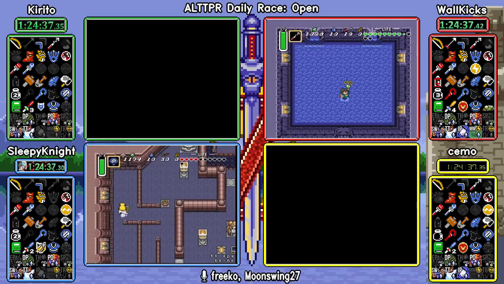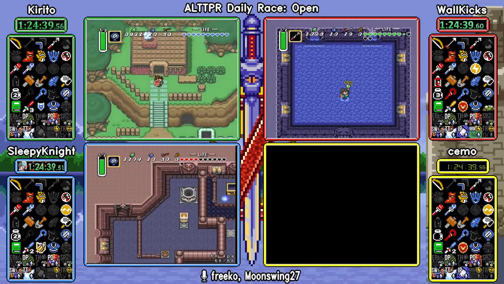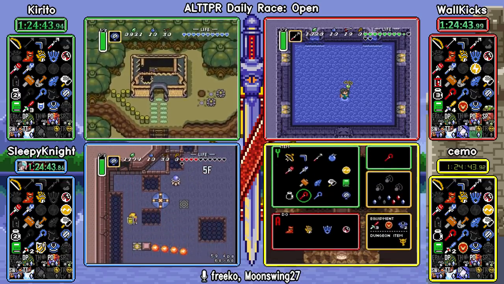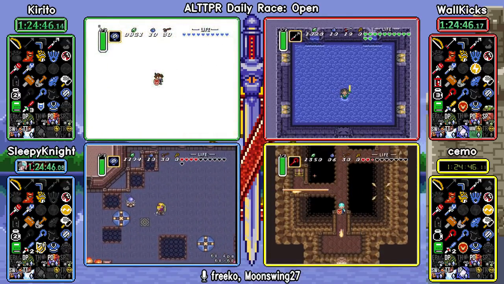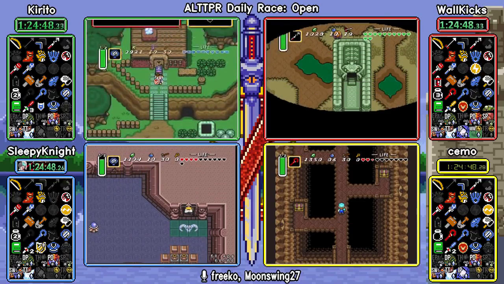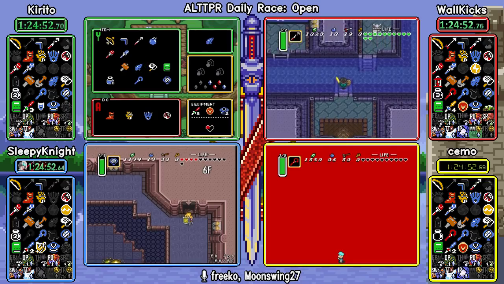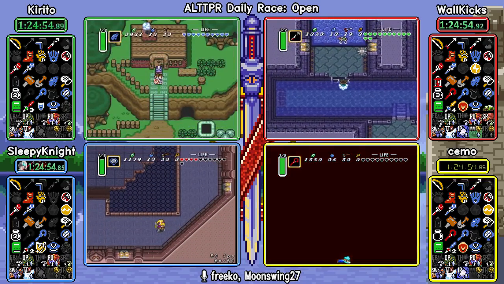Well, Wall Kicks did clear Swamp Palace. Not full clear, but gotta give Wall Kicks credit there. That was a very fast clear of Swamp Palace. Obviously, we know it's not going to work in their favor. Oh, it looks like they are dipping back in to check the big chest, but